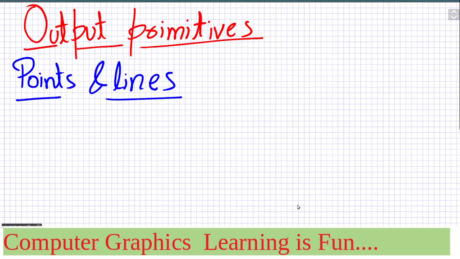So basically, here we will learn what a point is, how this point can be drawn, and what lines are and how these lines can be drawn. Definitely, we will also learn about circles and other primitives, but for now, we will learn something about point first,